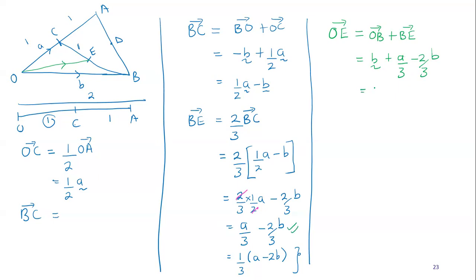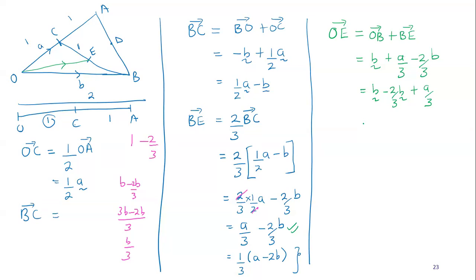So when I reach here, we shall collect like terms: B minus 2/3 of B, then plus A out of 3. Now you collect like terms, B minus 2/3 B. You can do your side work and say B minus 2 out of 3. So this is 3B minus 2B out of the 3, which gives you B out of 3. Alternatively, you can just say 1 minus 2 out of 3.